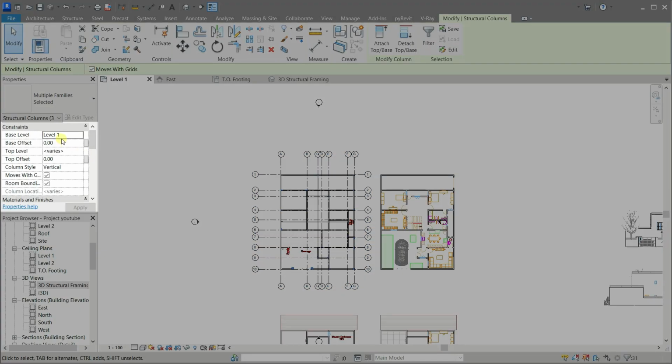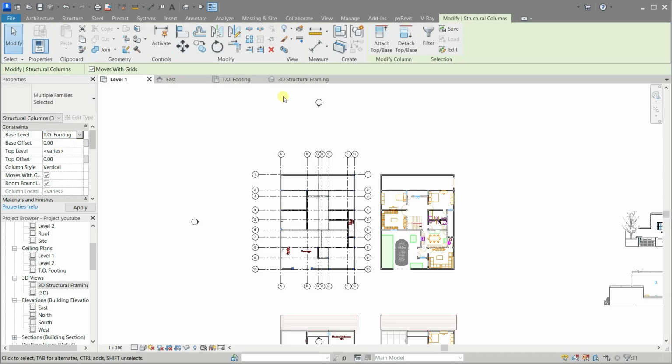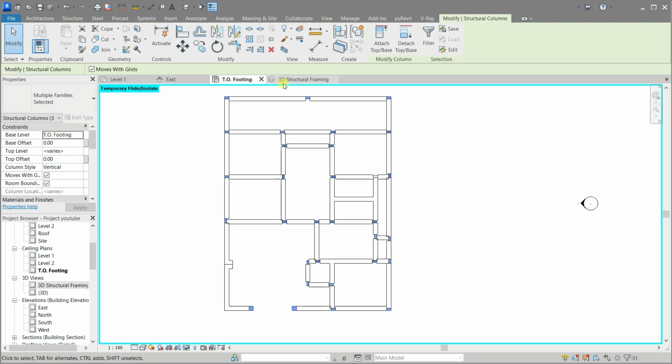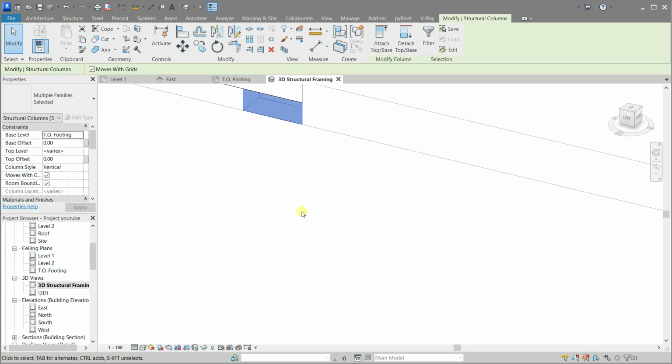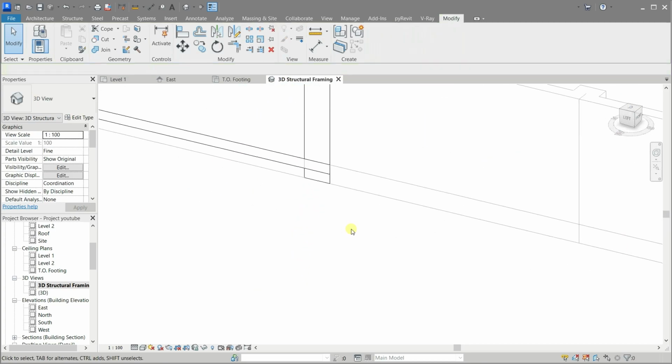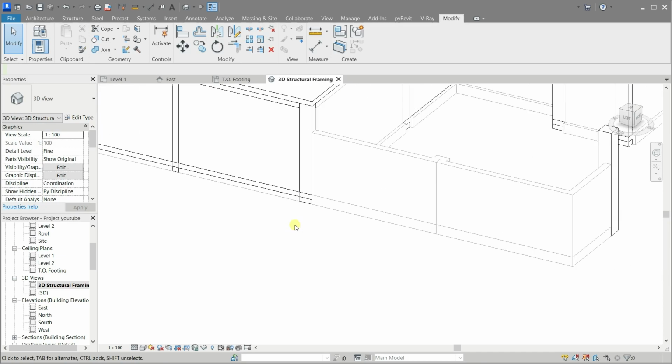Change their base level and bring it down to the top of footing level. Now it's okay, we only have the floor intersecting with it. We will deal with that later.